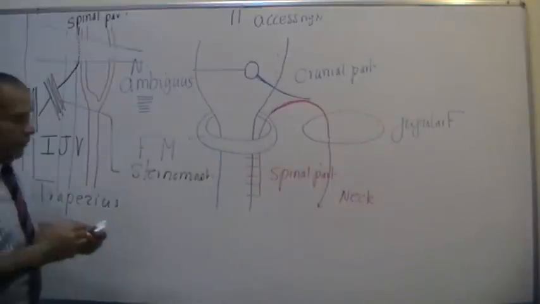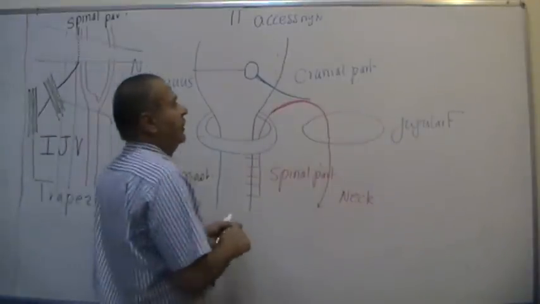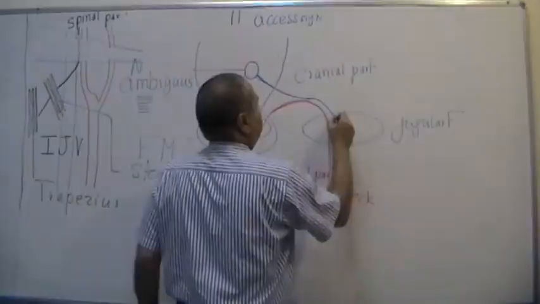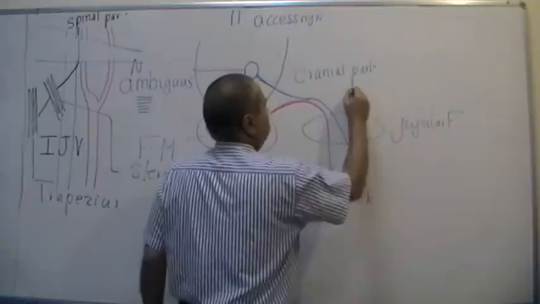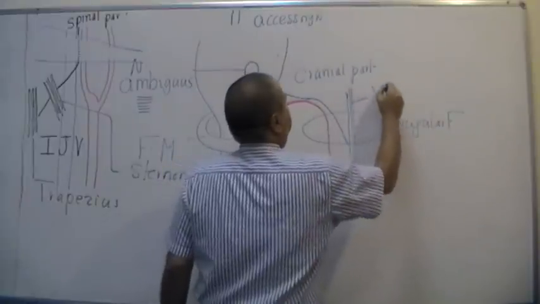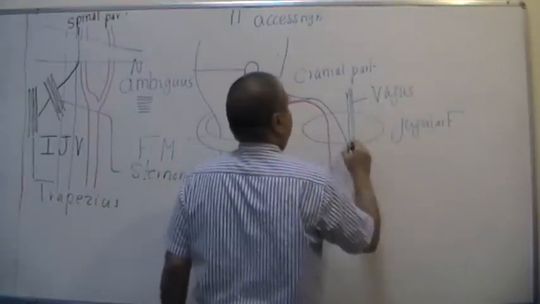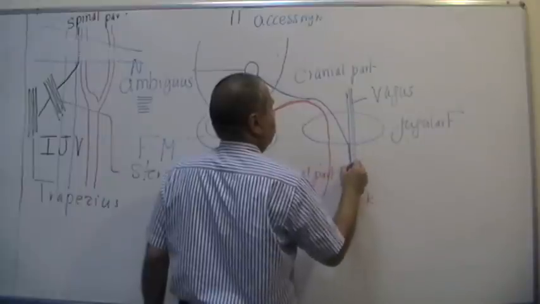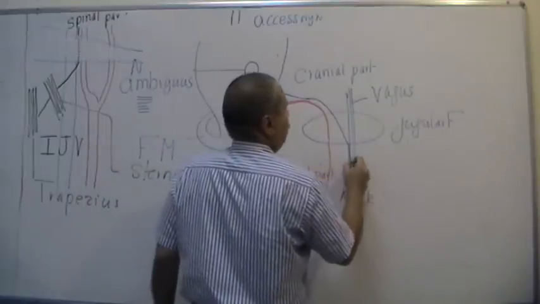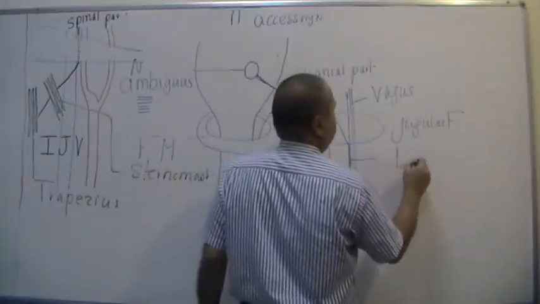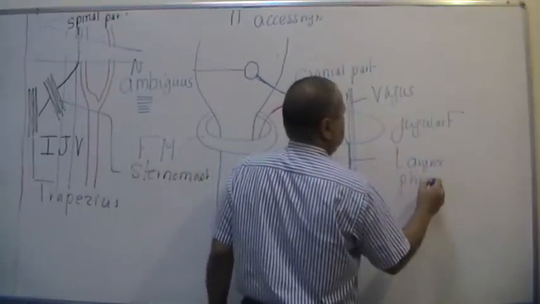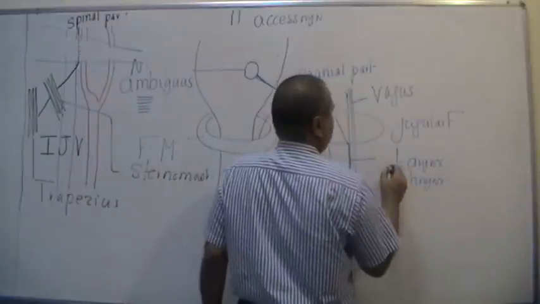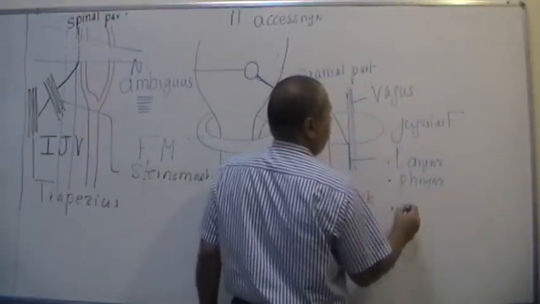The cranial part of the accessory nerve passes with the vagus nerve. It joins the vagus nerve. This is the vagus nerve. And it passes through the vagus nerve to supply all the muscles of the larynx, with the pharynx, with the palate,